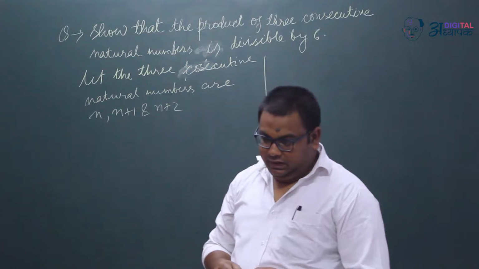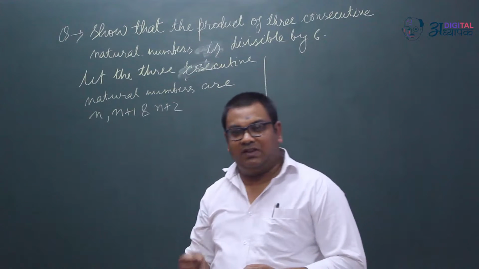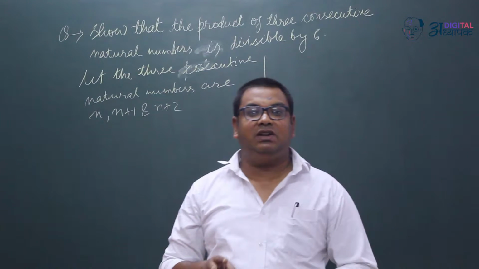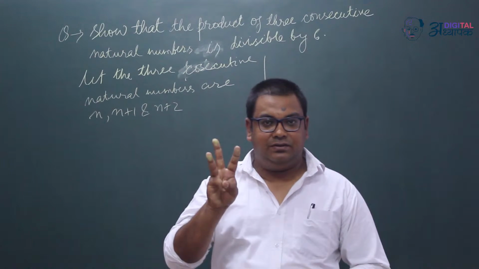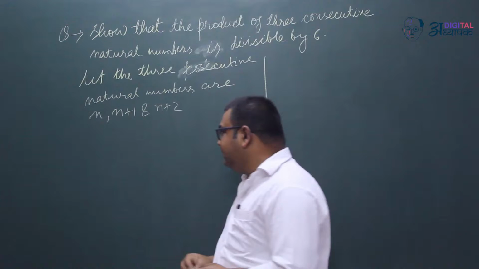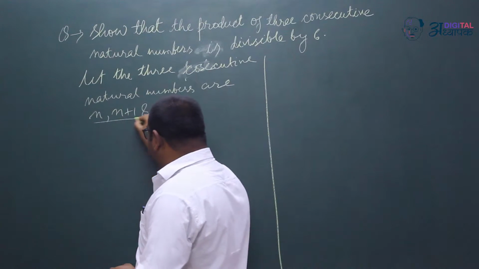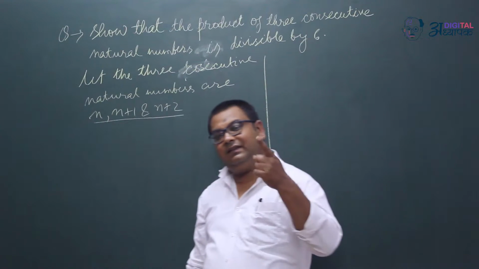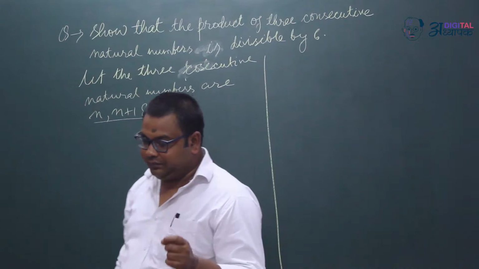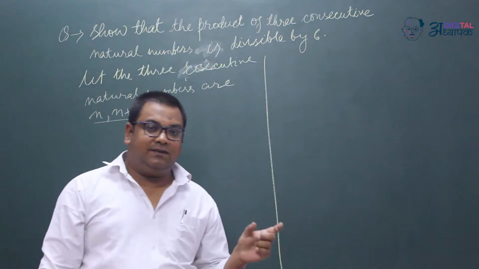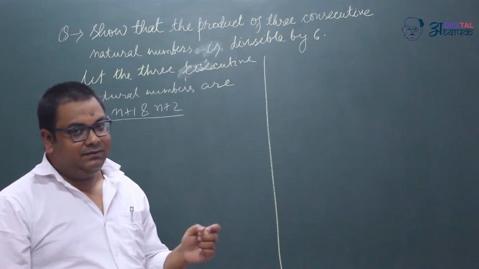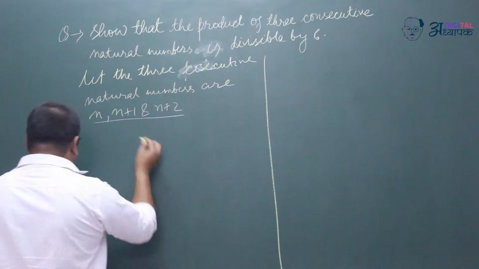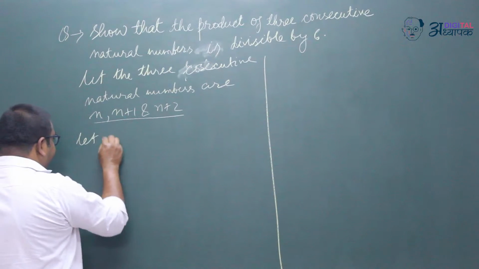Now, if we go to the basics, you must know that any number which is divisible by 6 must be divisible by 2 and 3. So what we have to prove is that the product of these three is divisible by 2 and also by 3. You know students that any number which is even is divisible by 2. So, let us suppose